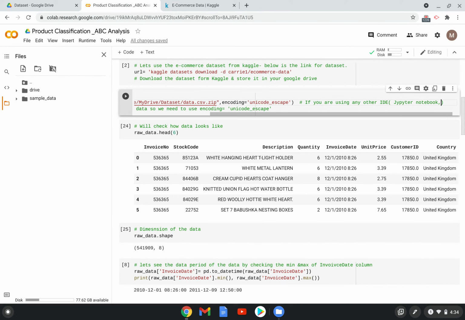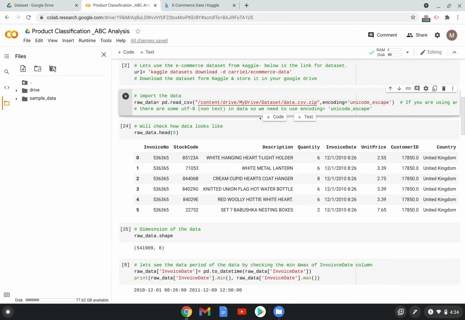There is one more thing. If the working directory of this particular Python file is the same as the path of the data set, then you don't need to mention the path.